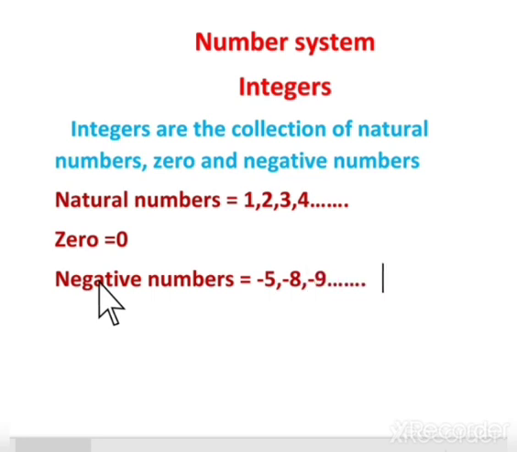Numbers which have a negative sign. And all these numbers are known as integers. An integer contains natural numbers, zero and also negative numbers. And now we recall the number line. That is also something we learnt in a previous standard. In the number line, the left hand side has a negative sign.